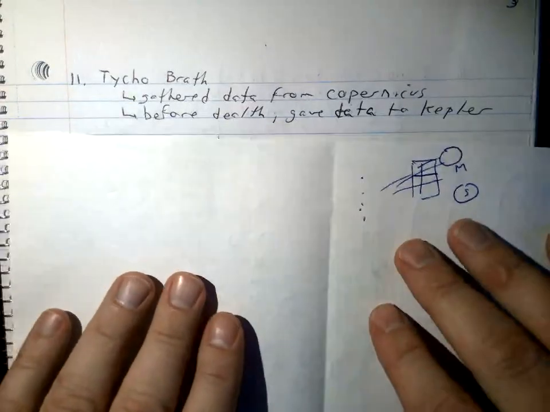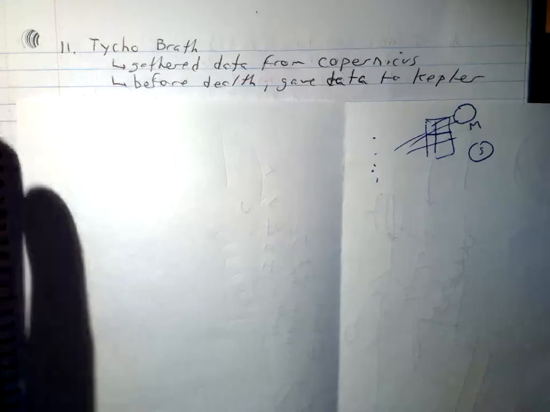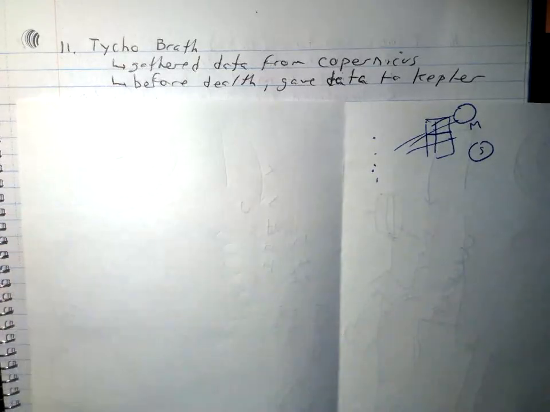Tycho Brahe, I think that's how you say it. After Copernicus died, all of his data was given to Tycho Brahe, who gathered Copernicus's information. He was a Danish astronomer, and he really believed in what he was studying. He wanted to study the stars too, and he did a lot of observations on his own, and a lot of